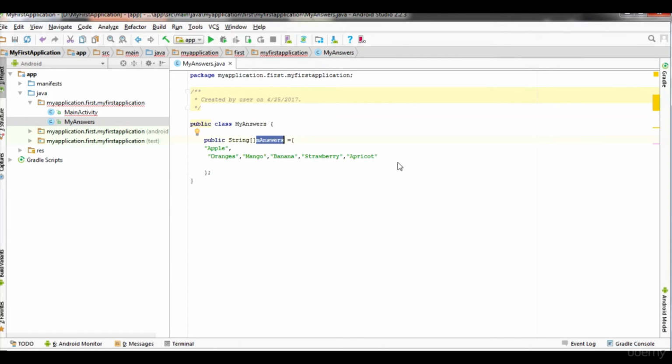Next, what we need to do is create a method like get answers, which we will call in our main activity class on click of the button.